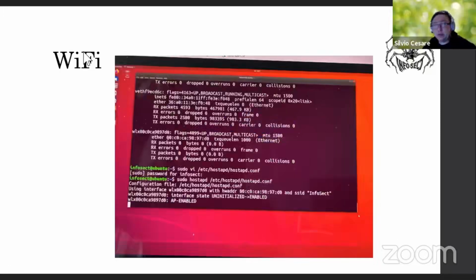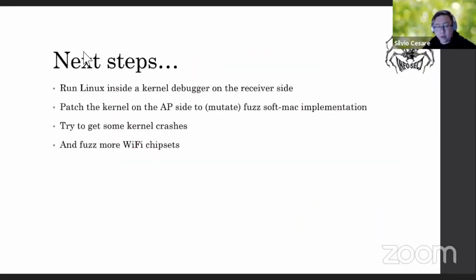From outside that Faraday box, I've got software running an access point, and I'm able to see that Wi-Fi effectively. The next step that I need to do is run Linux inside a kernel debugger on the receiver side and on the AP side, the access point side, the transmitter side, using transmitter and receiver loosely here, and patch the kernel to mutate or fuzz